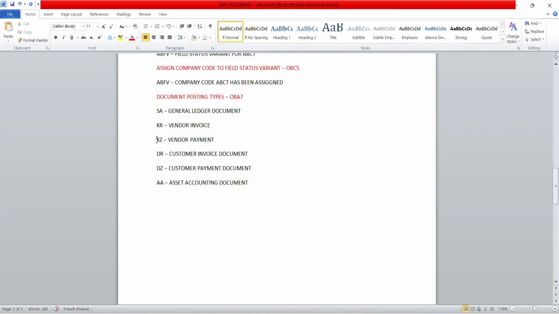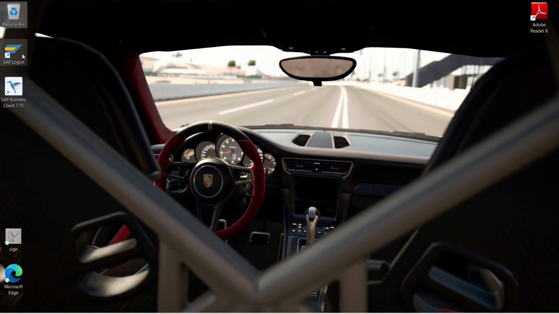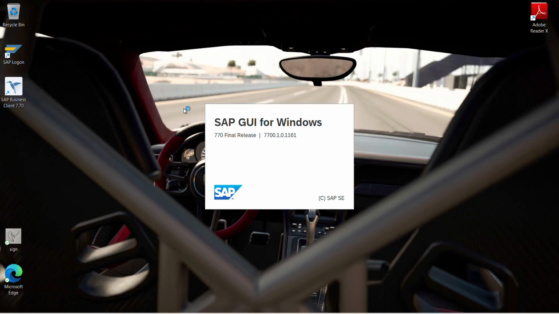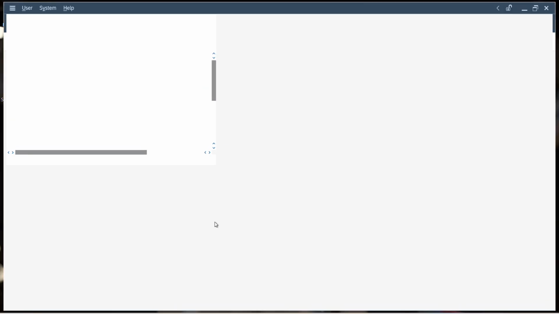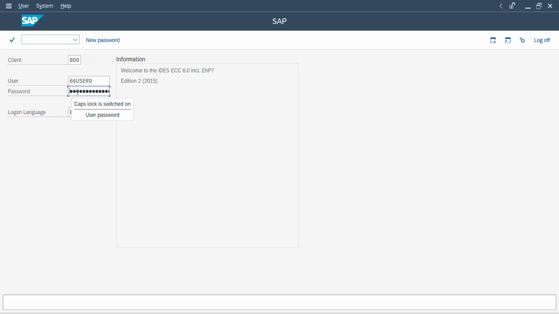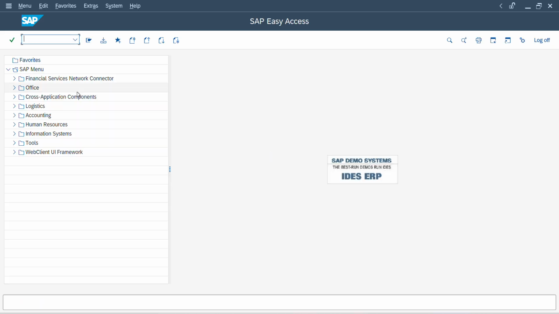Okay, now let's go and do the KZ vendor payment document. In my previous videos I have done the vendor invoice and general ledger documents as well. Now let's do this KZ document. Firstly, let's log into SAP. Meanwhile, you keep on practicing each and every transaction multiple times, so that it gives you good practice. Okay, OBA7, hit enter,